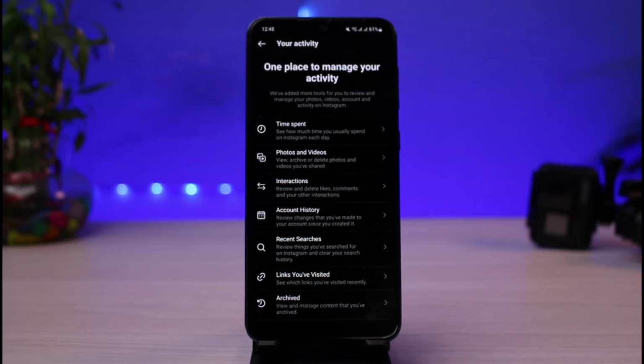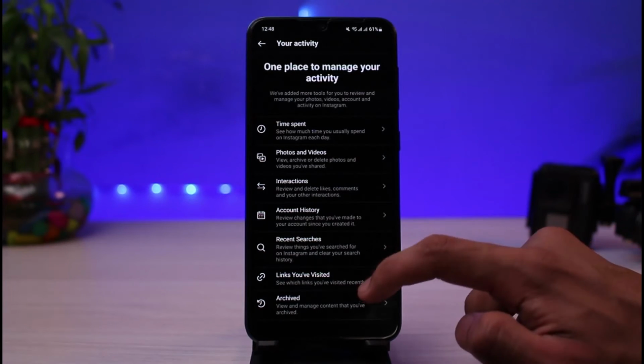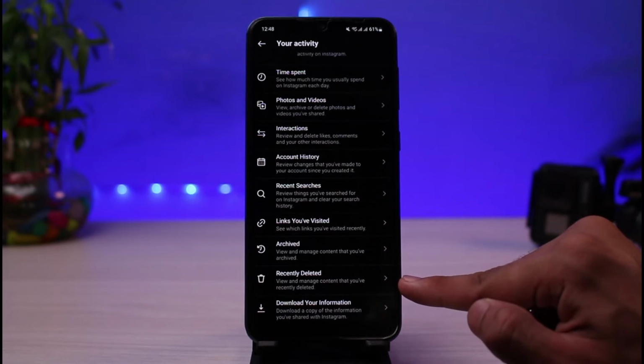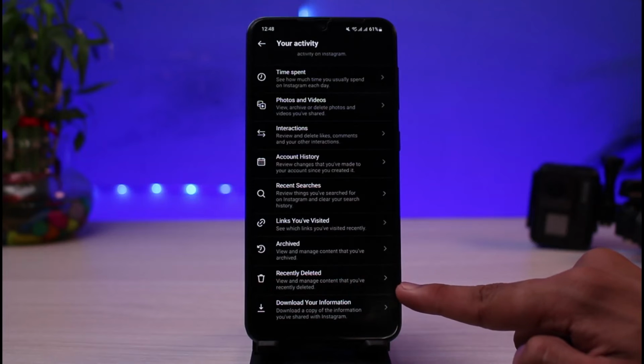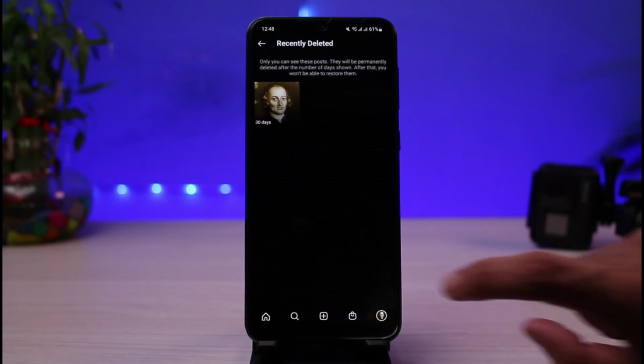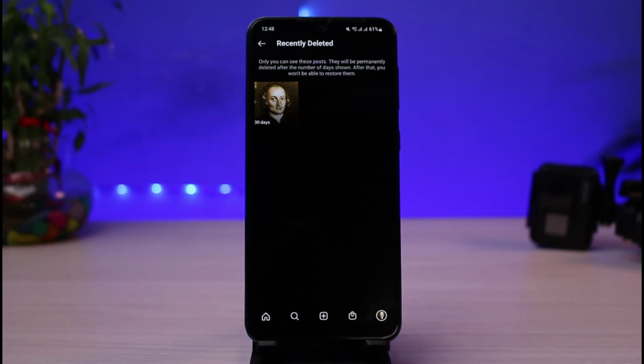As soon as you tap on your activity, you can see it says one place to manage all your activity. Over here we want to scroll down and find the section which says recently deleted. So right at the bottom you can see this trash icon which says recently deleted. All you have to do is tap on this recently deleted, and you can see that very photo which